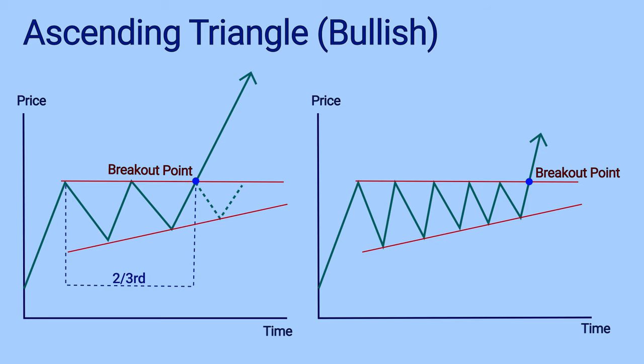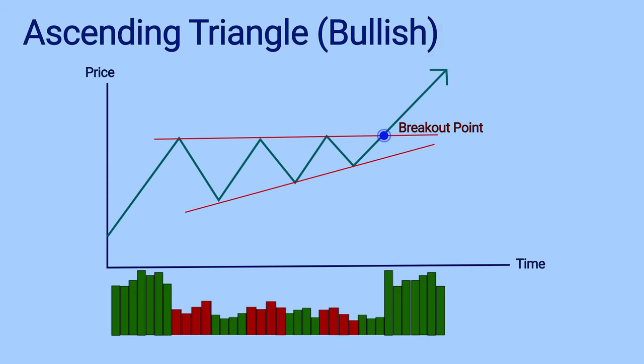Normally, what we can see is that during the formation of an ascending triangle, the volume is low. Before the formation, during the up move, the volume was high. During the formation, volume comes down, and when there is a breakout, normally we see that the volume returns. And if there is enough volume on the breakout, we can be a little bit more assured that the breakout we are seeing can be sustainable.